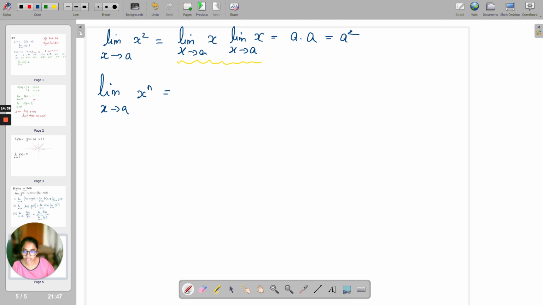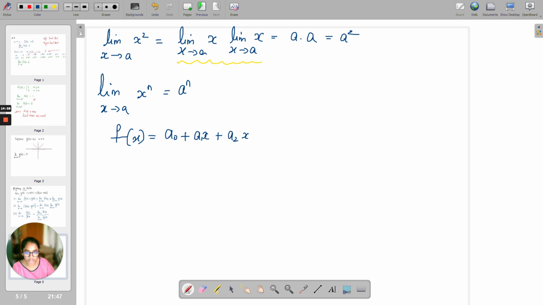X is tending to a, so in place of x you write a. We have x over here, so you write a. Yes, that's it. So next one, suppose f of x is equal to a naught plus a1x plus